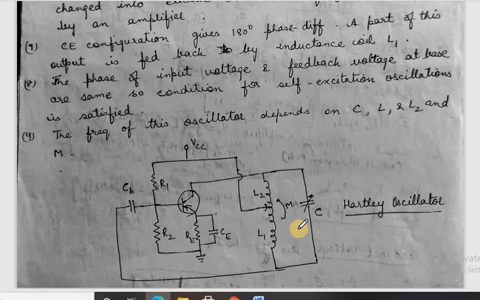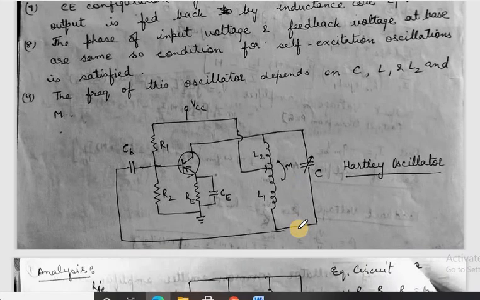continuous and sustained oscillations. In this whole chapter we'll be discussing various types of oscillators, and for every oscillator we'll be finding mathematically two conditions. First we'll be finding the formula for frequency, that is, which parameters the frequency depends on, and second we'll be finding the necessary condition to maintain self-sustained oscillation. Here also we'll be doing this.